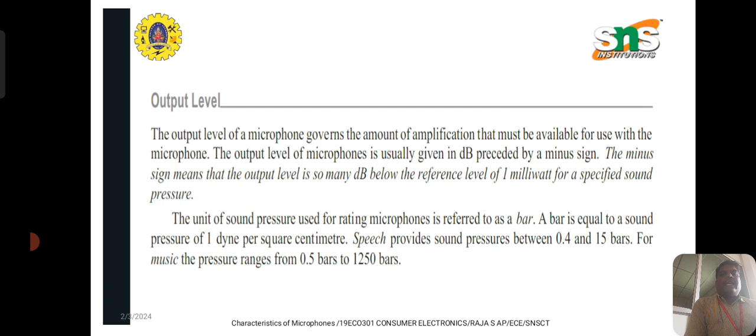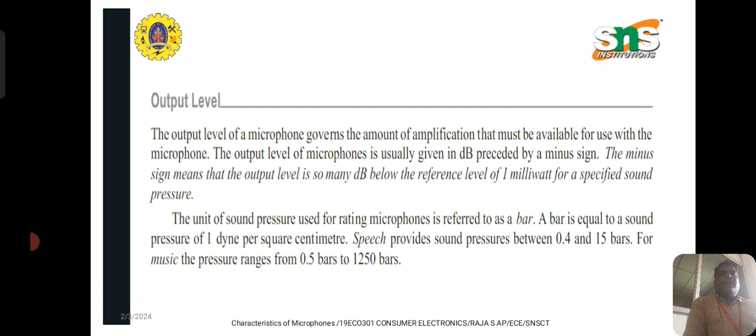First, the important characteristic is output level. The output level of a microphone governs the amount of amplification that must be available for use with the microphone. That is how much sound the microphone can produce. The output level of a microphone is usually given in decibels preceded by a minus sign. The minus sign means that the output level is so many decibels below the reference level of 1 milliwatt for